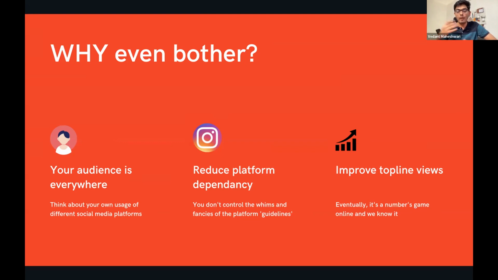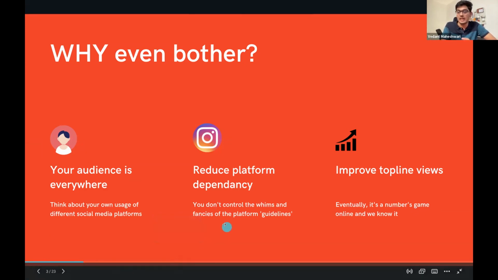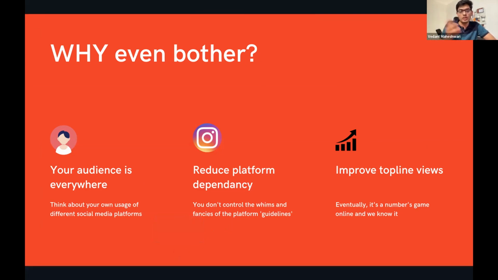Number 2 is to reduce platform dependency, because we know that the current distribution platforms are so big and so vast that if one day you wake up and you get blocked, which happens with a lot of creators, right? You can't do anything about it. There is no Instagram support that you can reach out to and say, I got blocked, unblock my account. And Dharmesh, in fact, was telling me about this, that they've seen multiple examples of creators who have up to 100K, 110K followers who just got banned. So you want to take your bets everywhere. You don't want to be concentrated on just one platform. You want to put it out there everywhere.